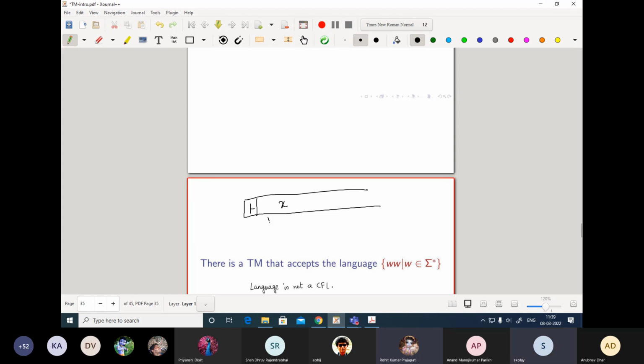So first check is parity. First is parity check, of course. You check whether it's an even length string or not. After that,